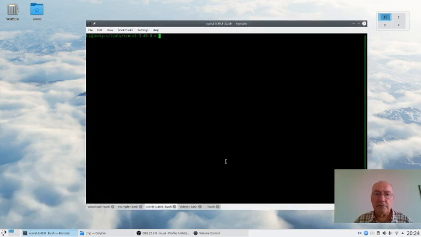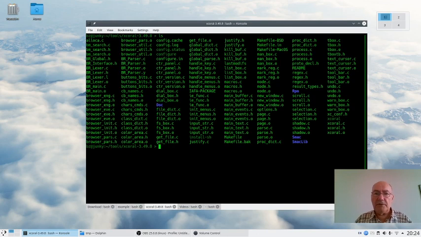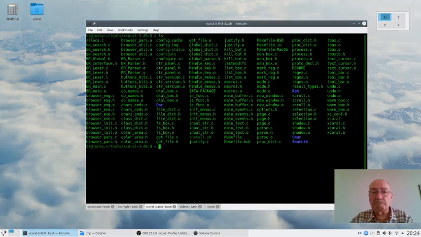Let's have a look at what we get in the latest release in this directory, ls. Plenty of C files and header files because it's a C project. It has been developed in C and mainly intended to develop in C and C++. It has been developed by C++ developers.